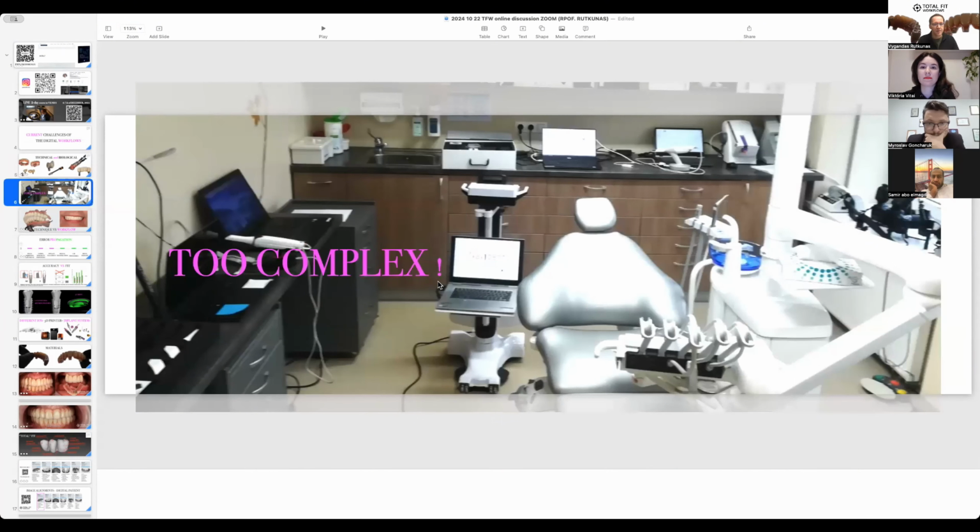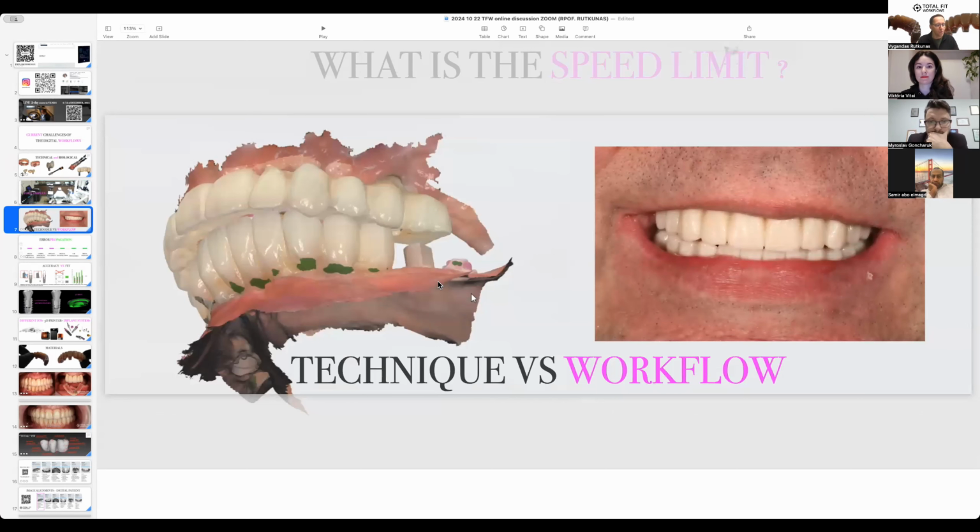Then I see that it's very complex sometimes. If you want to be a really extreme digital dentist, then you have to use many digital devices, and quite often they are not integrated, and they cause a lot of headaches. So another mission for me is to simplify the digital workflow.